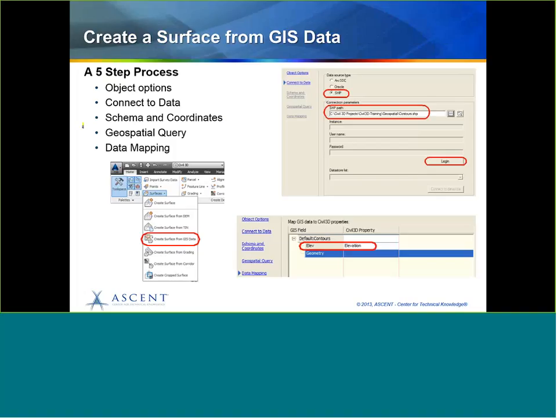So when you're connecting to surface data or a shapefile and turning it into a surface, it's a 5-step process. First thing you have to do is set the object options. Tell it you want to create a surface from a shapefile, and then you connect to that shapefile on the Connect to Data option. Then you'll set the schema and coordinates,